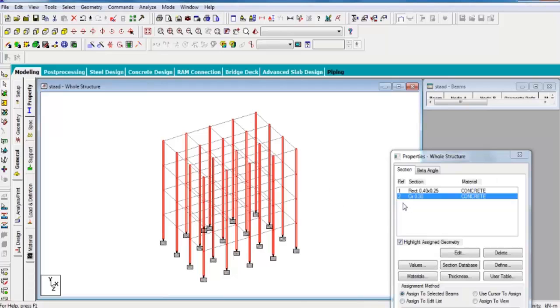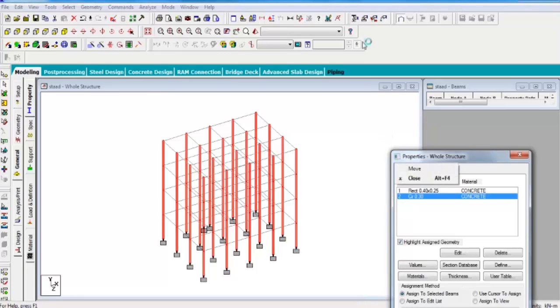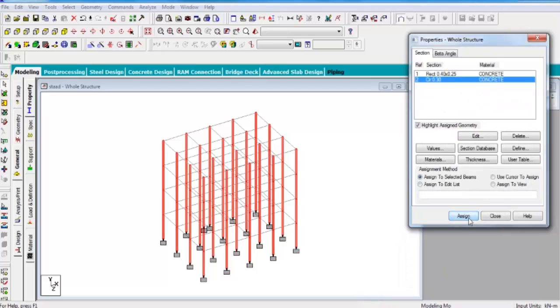Select the property, select the assign to selected beam option, and click on the assign option.